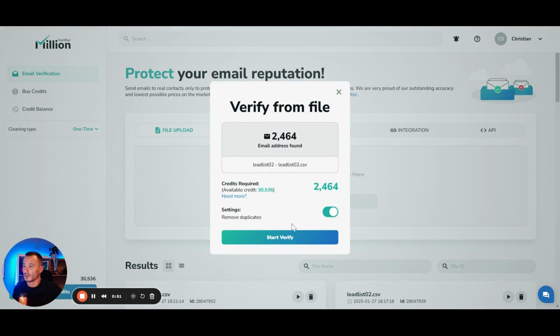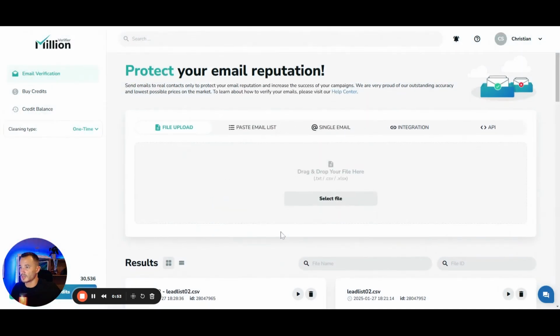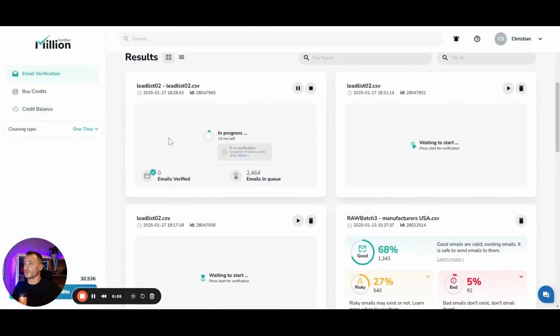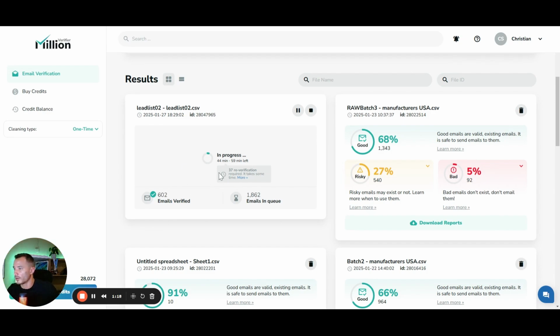There we go. Duplicates, and then we start to verify. And then we give it some time here. Have I started this one? Oh, no, that's the previous one. So as you can see here, we have a few minutes to wait. Give it some time to do its thing, and then once it's done, it will give us